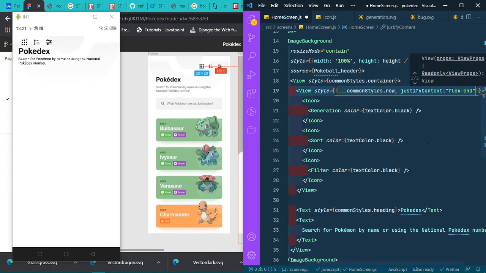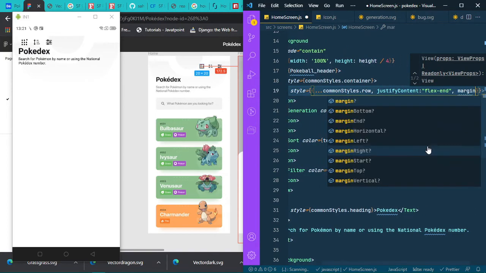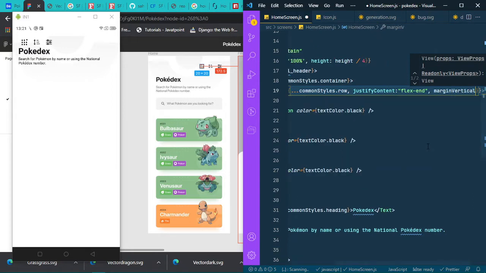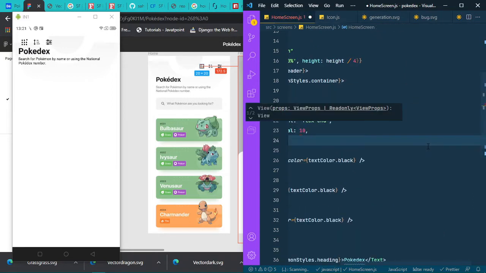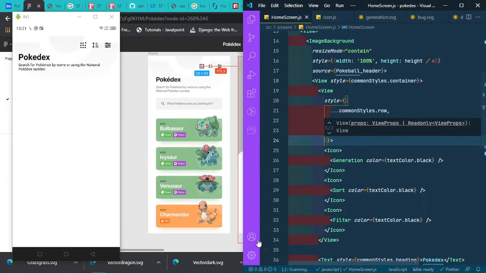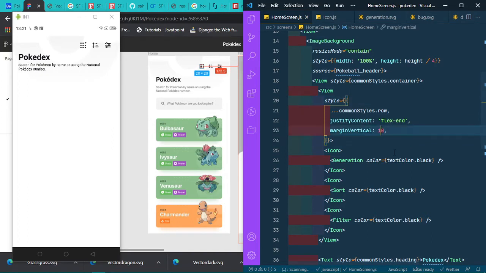Okay, and I want margin top or margin vertical to be 10. You can see slightly below, so we can give margin as 20. Okay,